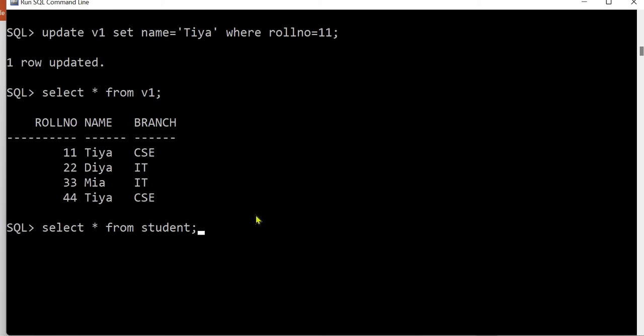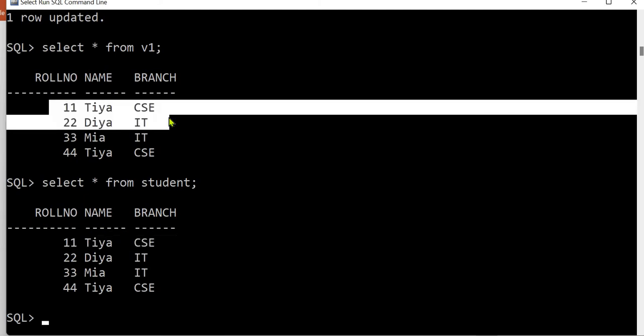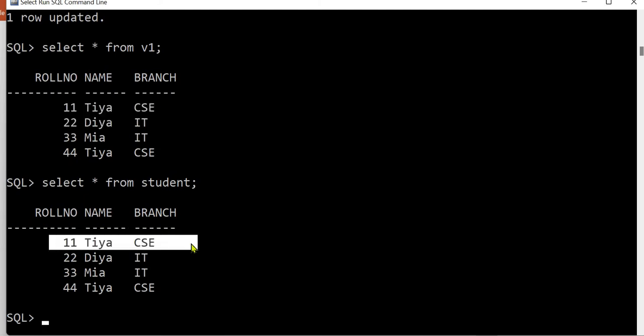So let's check the table as well, whether the changes have been shown in the table or not. So select star from student. So here also we are getting the updated record, means whatever we have changed with the view, the changes are also reflected in the table as well. Okay, so this is the value of view, means you can provide a part of view to the user, and